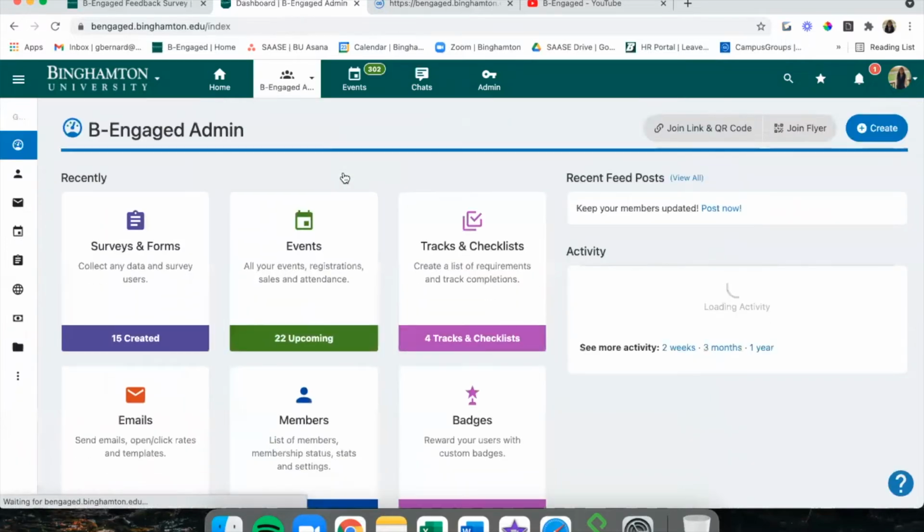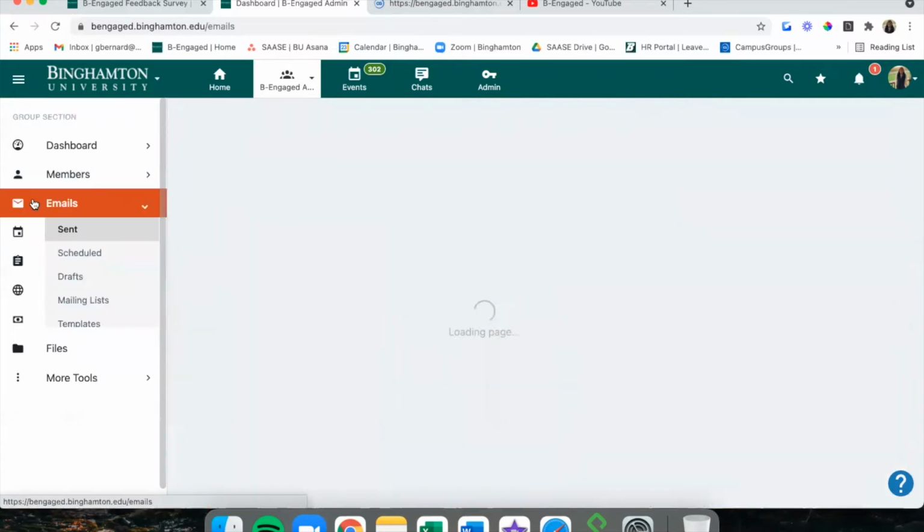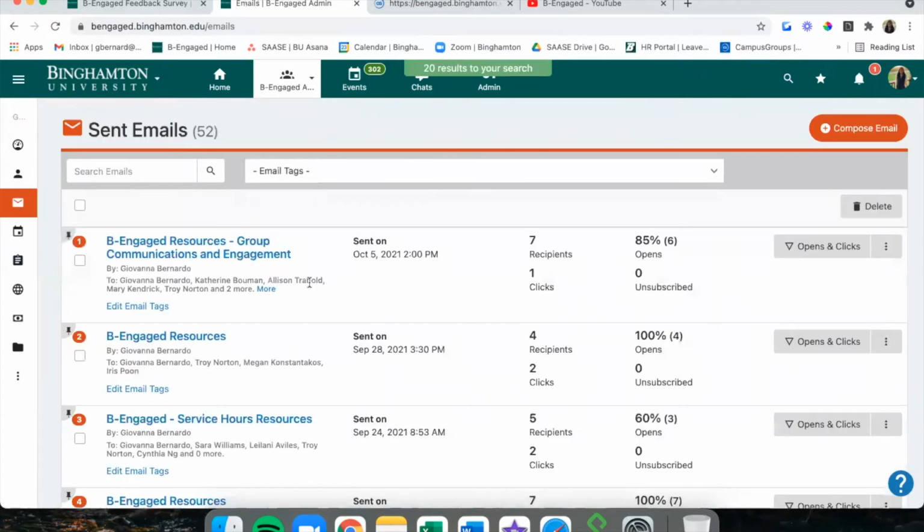Number 6 on our list, if we head back into the group, are the email tracking statistics associated with every email sent through Be Engaged.